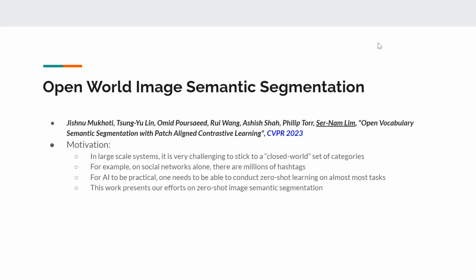A lot of these images are not going to stick to a certain closed world set of labels. Okay, because you're not going to just detect dog, cat, chairs, tables, and stuff like that. That is just a toy example, right? We need to be able to detect anything we need, right? It comes in, I need to know this is a picture of a dog, but if it comes in as a picture of a Toyota Prius, I need to know that too. If it comes in as a picture of an auditorium, yes, I need to know that as well. All right, how do we get to that, right?